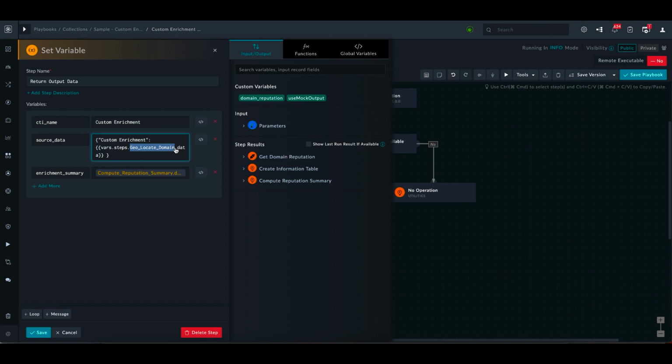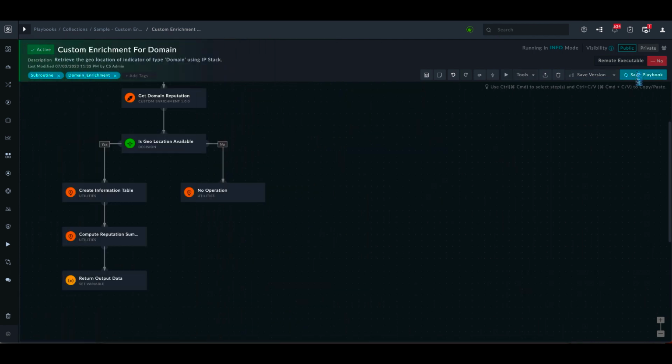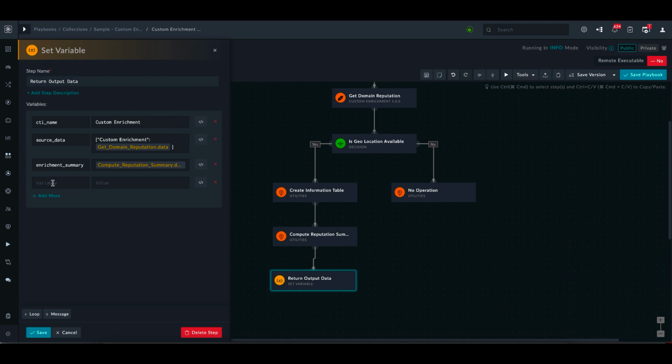And the response that it needs is from the get domain reputation step. And the rest of it looks good. Okay, so one additional field that I want to add from this integration that IPStack does not have is